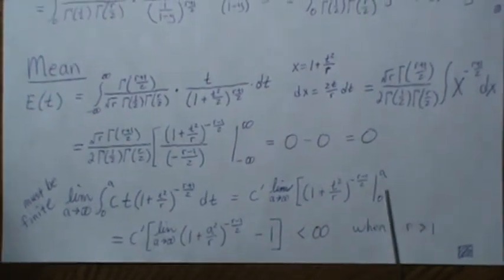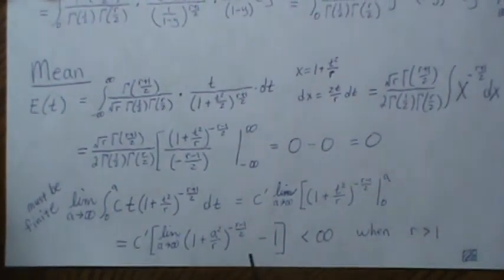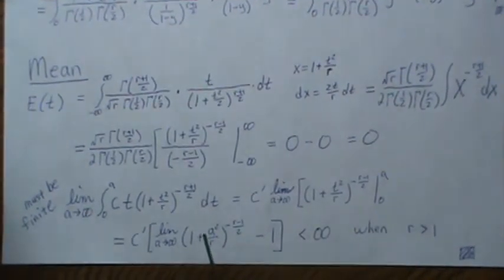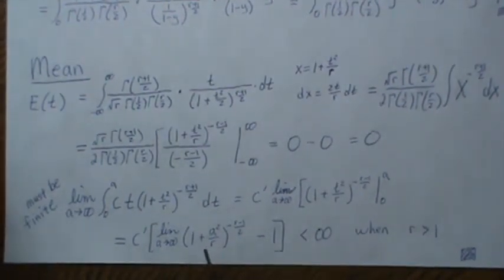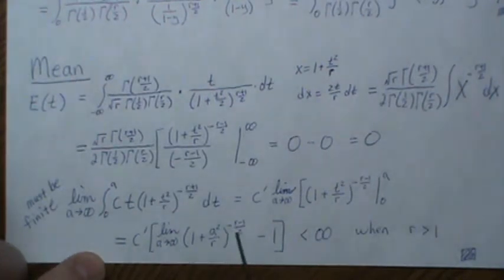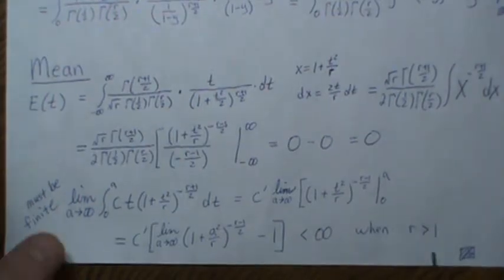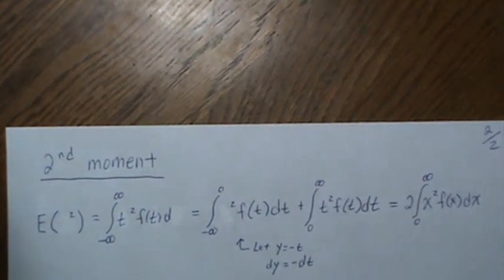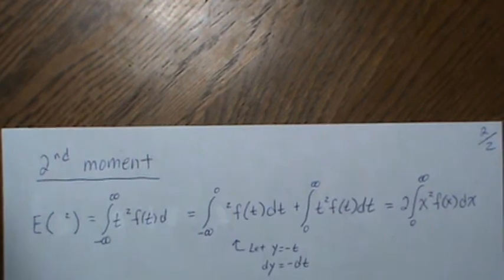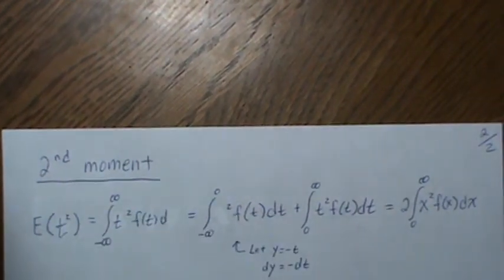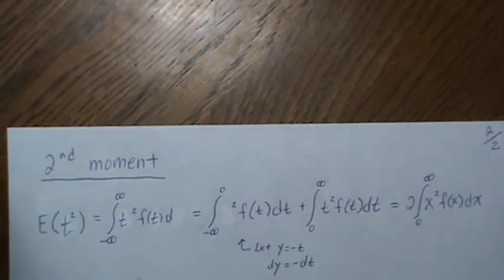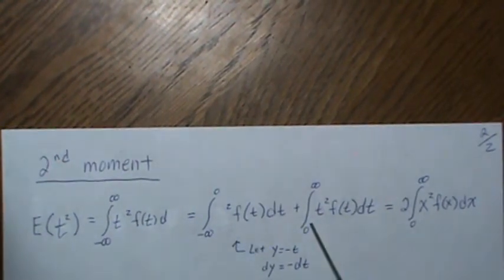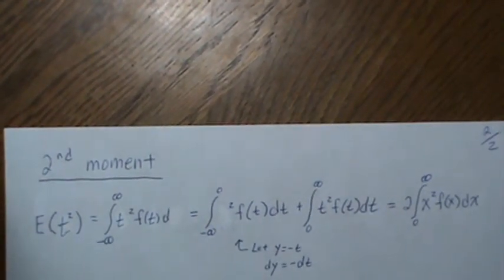We plug in 0 and a, and we get this. And then the limit of this is finite. As a goes to infinity, this is not infinite, so it is finite, and this is for r greater than 1. So the second moment, we take t squared, plug it in with our density. We can break it up into 2, and if we do a variable change here,